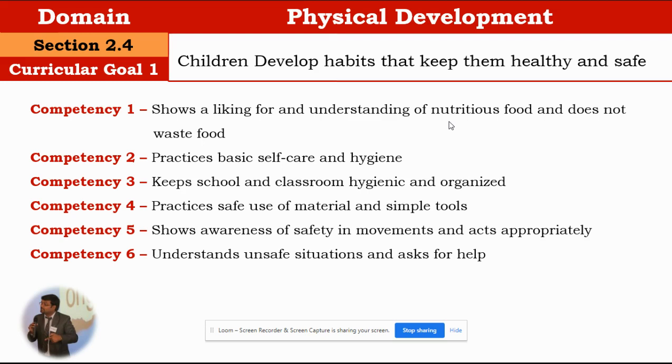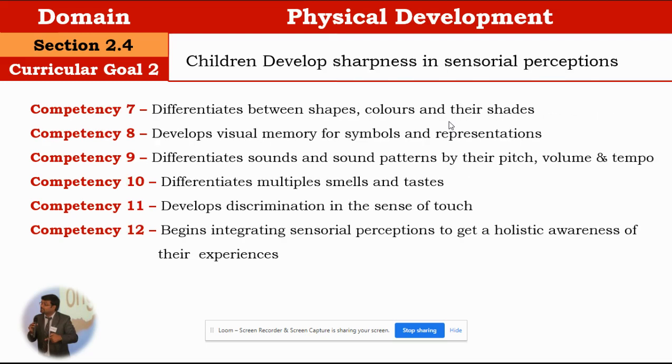They should also understand the difference between safe and unsafe, meaning good and bad touch. They should maintain distance from strangers. They should seek help from adults when there is any injury or anything unexpected. They should also identify people in our community, our neighborhood, our society who are helpful for us, like doctors, firefighters, police officers, right? So these are some of the ways we can help them understand and develop this competency, especially competency number six.